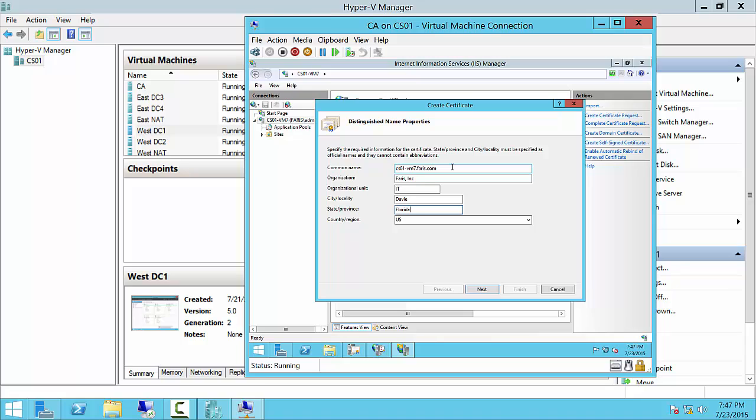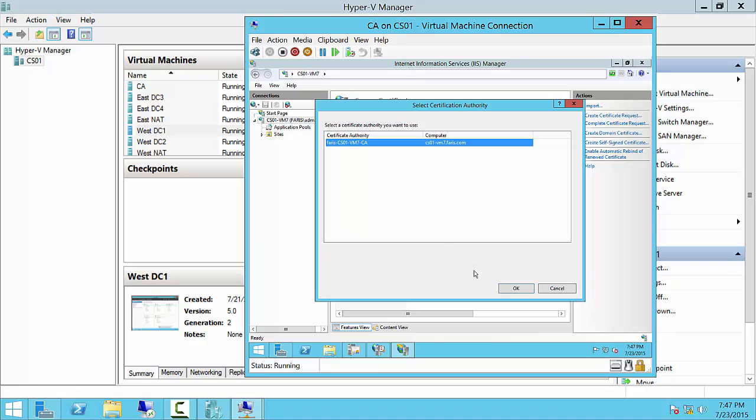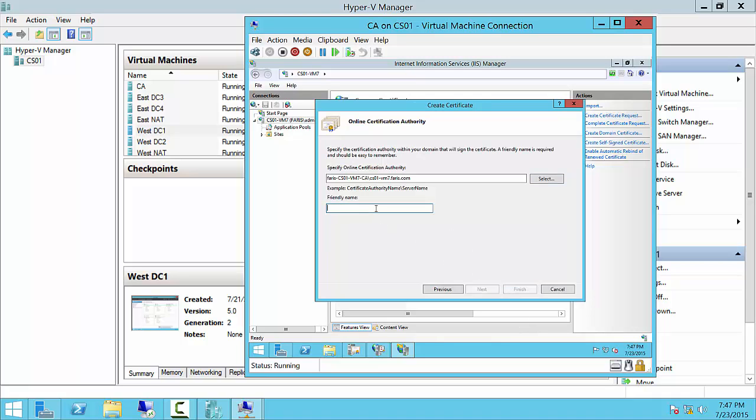And guys, this is the name that you should put that you want people to type in the URL field, and it should be resolvable to an IP. Click Next. Grab our CA. Then I like to make this name. This is just the name that's going to be in our list of certificates. I'm going to call this